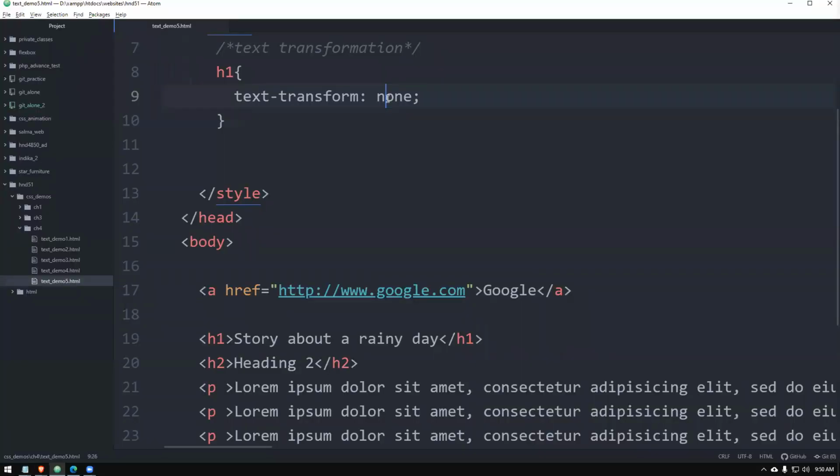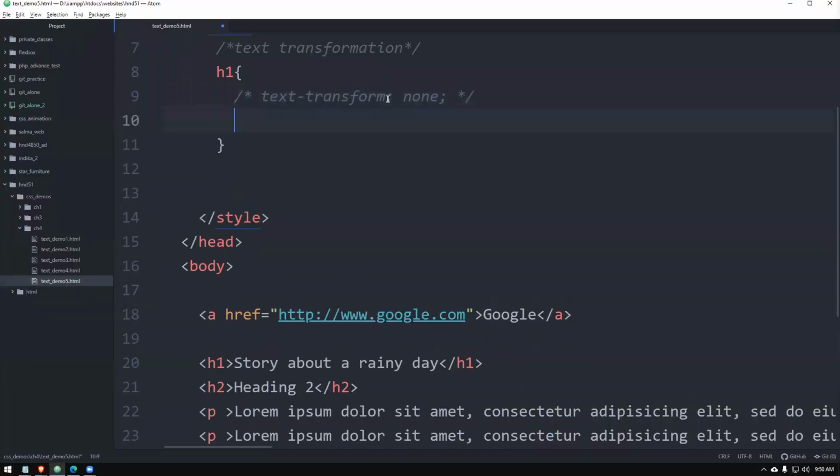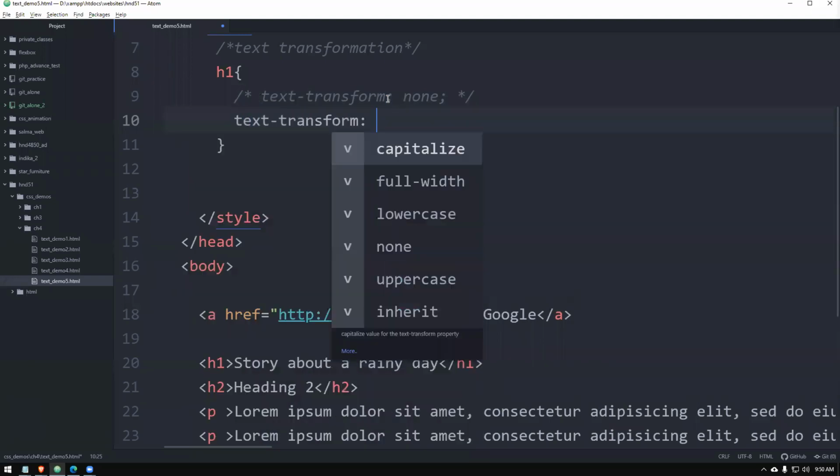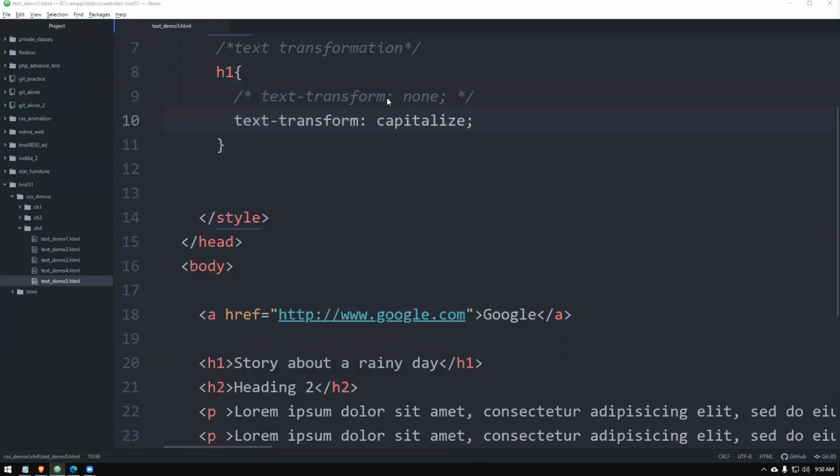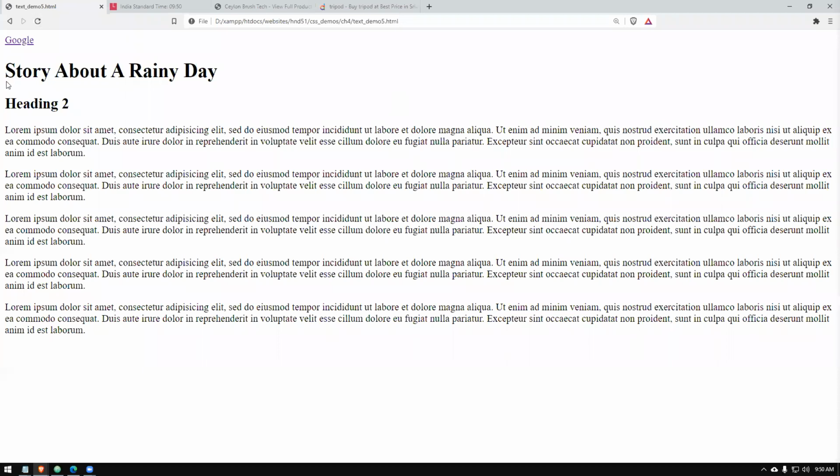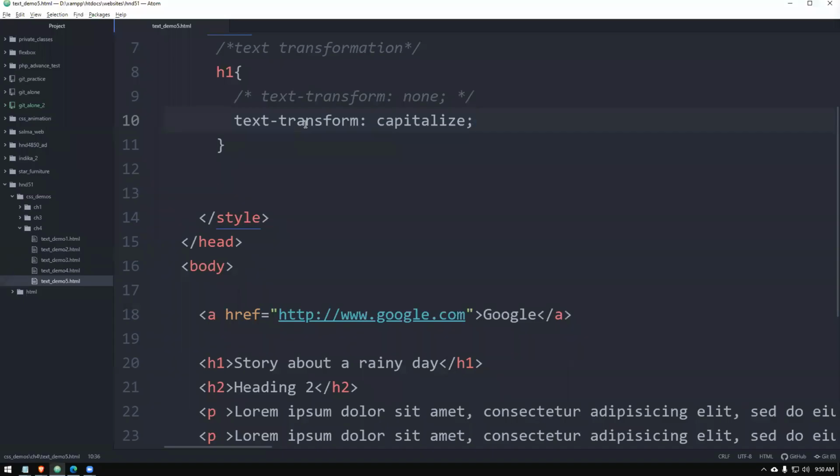We will give text transform capitalize. So you can see this comes first letter capitalized. Don't get the wrong idea. Everything is not capitals. Only the first letter of every word is capital. So this is good for captions, headings.